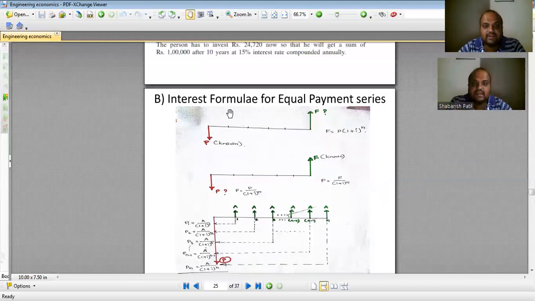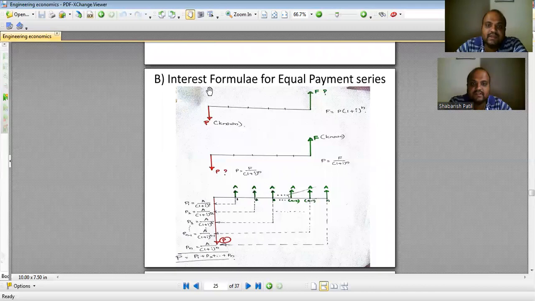Just to make you understand, I have written some diagrams here. This is my cash flow diagram from the previous case. If I know the P value in a single payment mode, then I know the interest value and the number of years. Can we calculate F? Certainly yes, because F is equal to P into (1 plus i) raised to n. Now the case is, here I know the future value F, but I want to know the principal amount I want to invest.